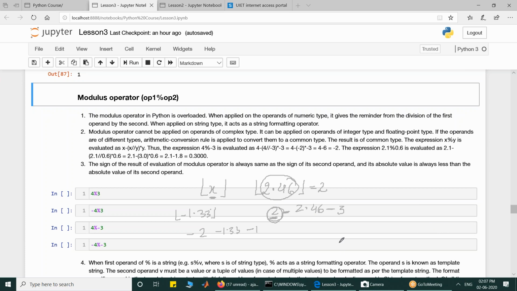Kushagra is saying, sir, can you repeat the concept of parenthesis? Yes, Kushagra, we are parenthesizing expressions based upon the precedence rules. So if you know the precedence rules, you know how to parenthesize. For example, if minus 10 exponent 2 is written, because this operator binds more tightly than this operator, I am going to parenthesize it like this.